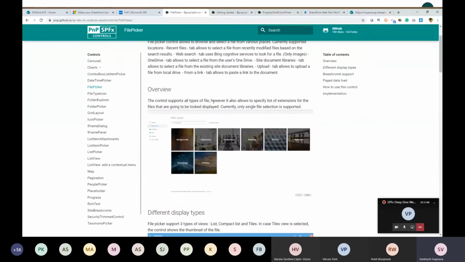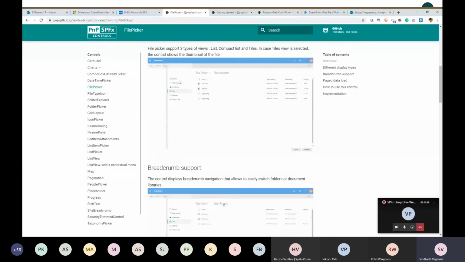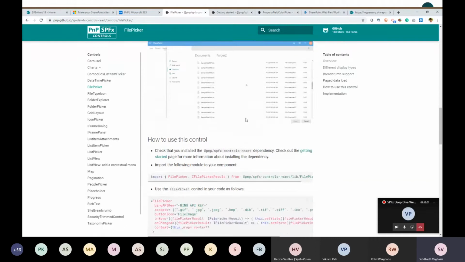This control gives us an out of the box UI experience to select the file and also to upload the file. There are different options available through which you can select the file. You can select from the current site and the document libraries would be listed, or you can select it from OneDrive, or you can manually upload it, or you can also provide a link to it, right?